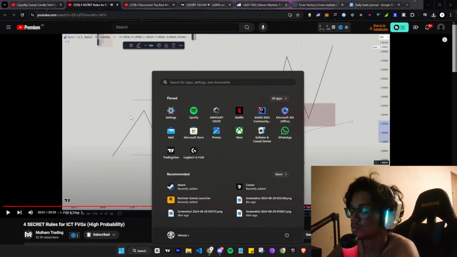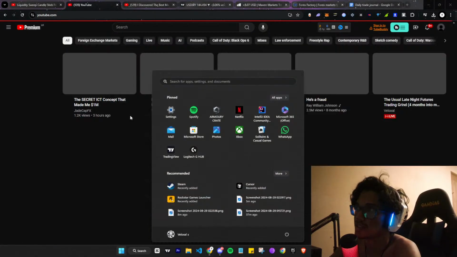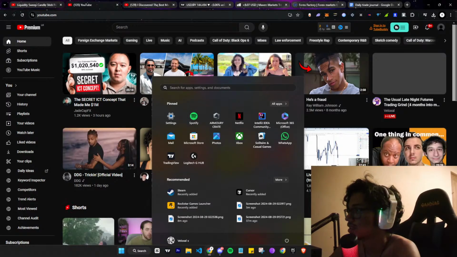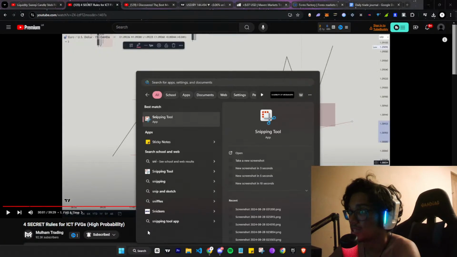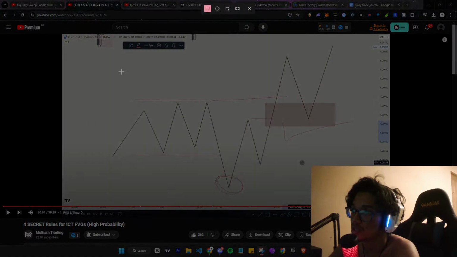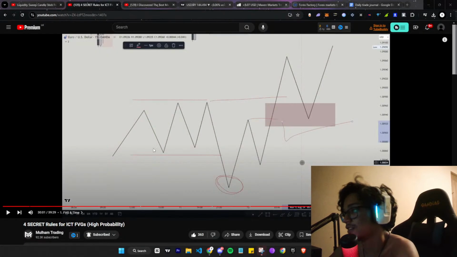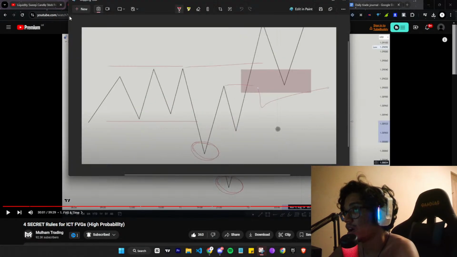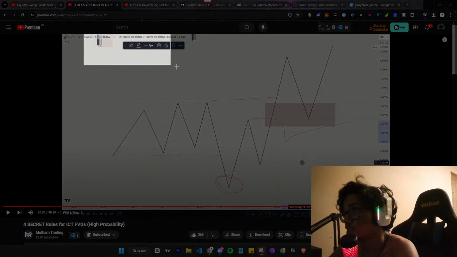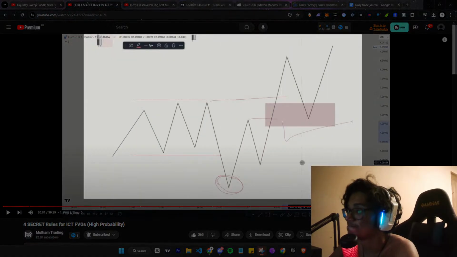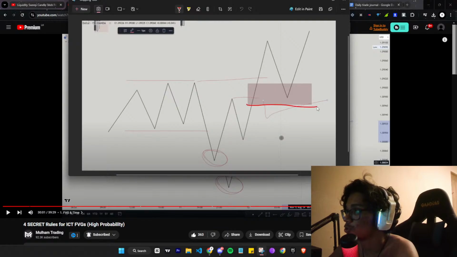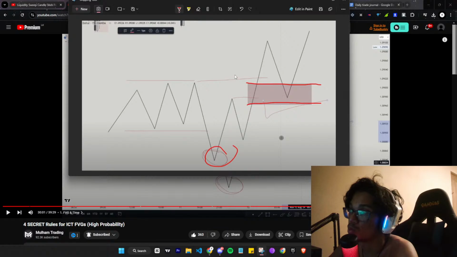Basically what he's saying is he wants Asia to consolidate, and then he wants a manipulation right after, and then the distribution leg which pulls back towards a fair value gap which is formed in the leg after the bearish structure, which is a high probability trade during London session, because if Asia manipulates this low and it's considered this whole thing as Asia,